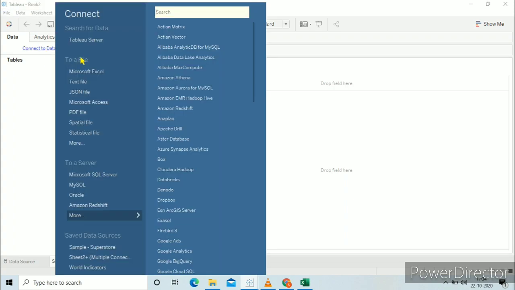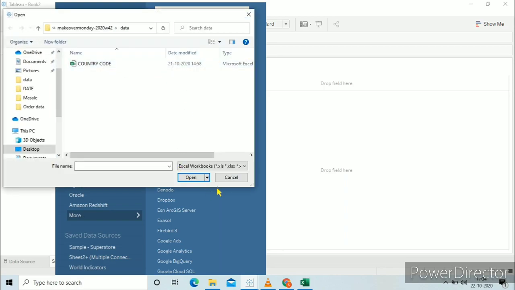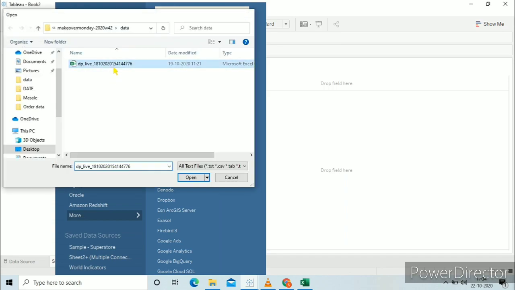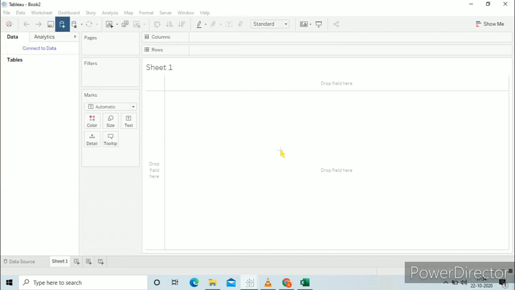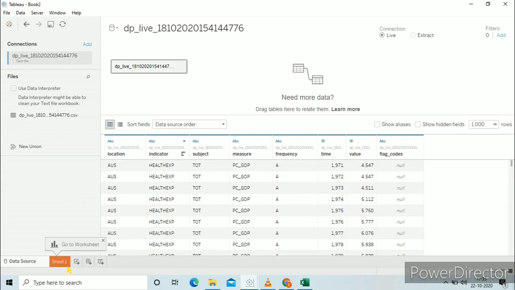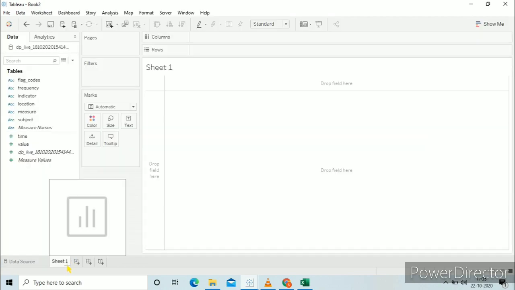So now that we have created the background, we'll export it and start the Tableau. So go to connect to data. Go to text file, connect your data. So this was the dataset provided by Makeover Monday. Go to sheet 1.